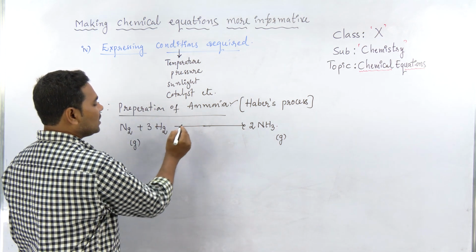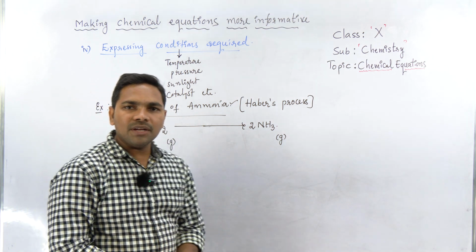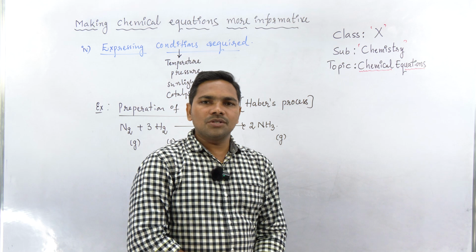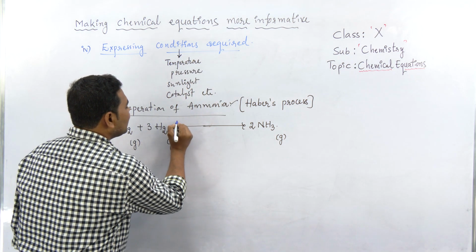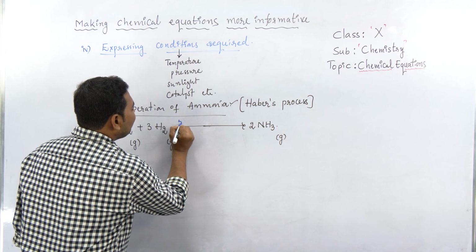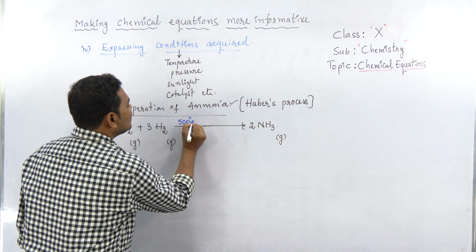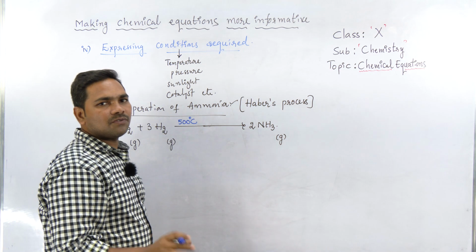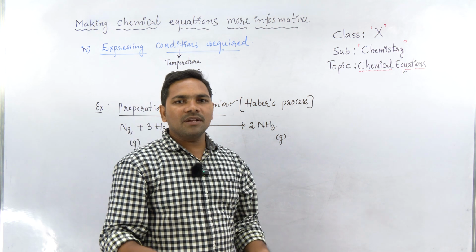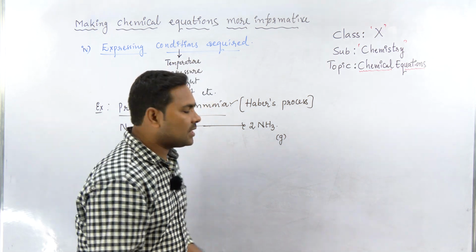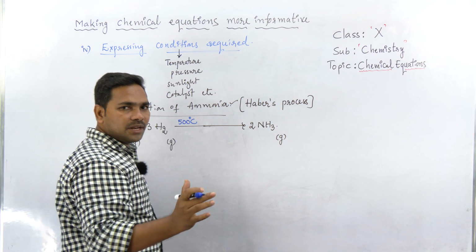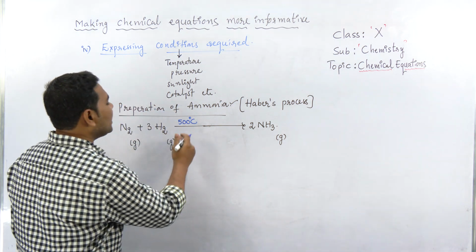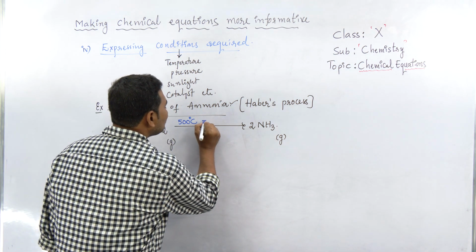What are those conditions? The conditions are generally temperature, pressure, and also a catalyst used. Let's say in this process, this generally happens at 500 degrees Celsius. Normal temperature is 27 degrees Celsius, room temperature, but under extreme conditions like 500 degrees Celsius, a very high temperature, this reaction takes place in the presence of also, what do we say,